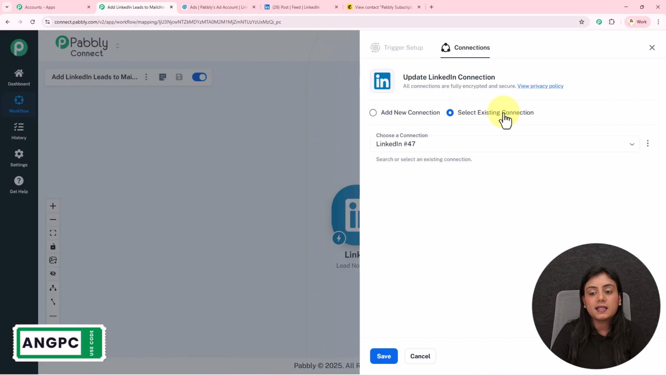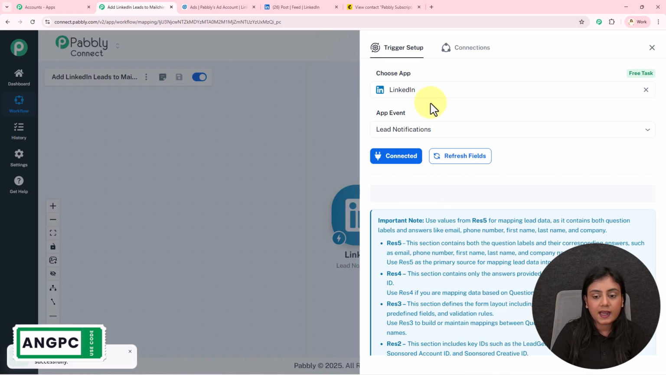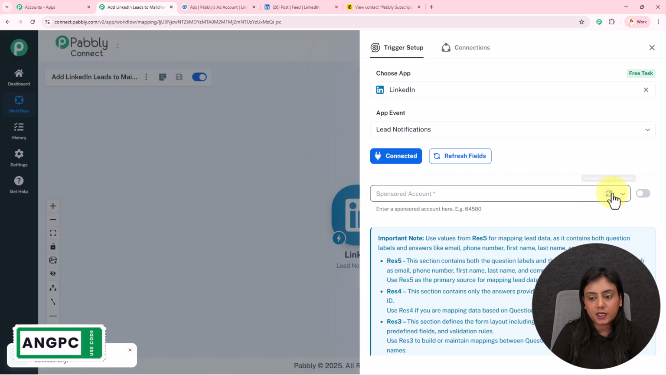If you want, you can select the existing connection from before, but I will add a new one. For that, click on this connect with LinkedIn, but before that, log into your LinkedIn account on a new tab. Okay, click on this button, and as soon as I've done that, the connection is successfully created. Refresh the field. If you find the field empty like this, refresh it like this, and then we have to